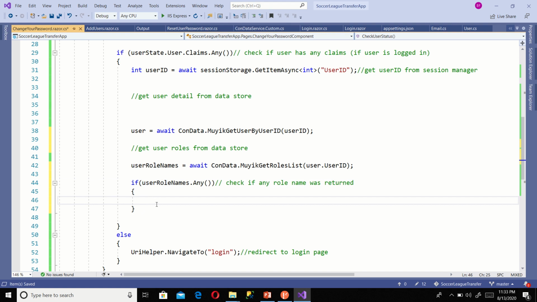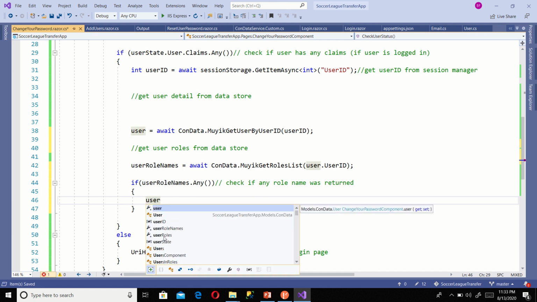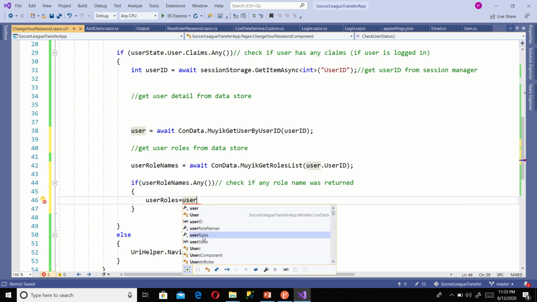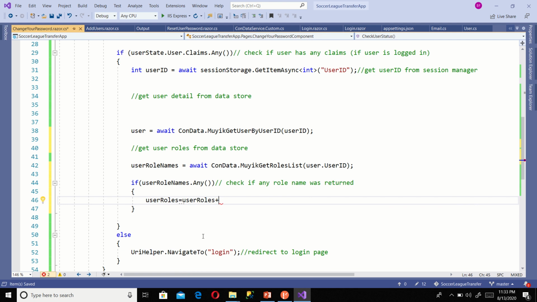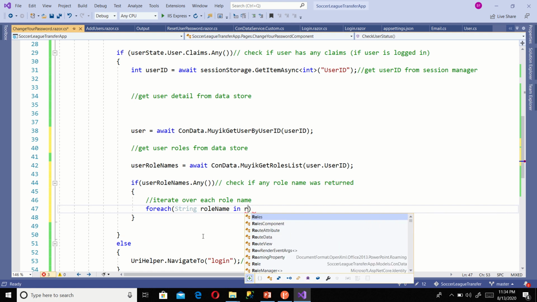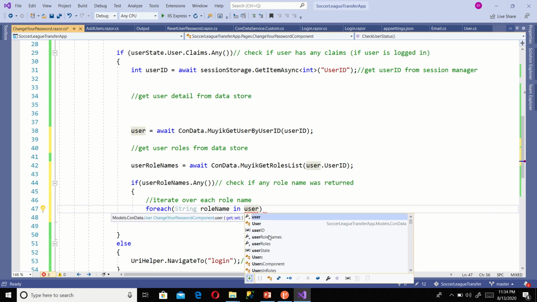We need to iterate over each role name. So for each string role name in user role names,